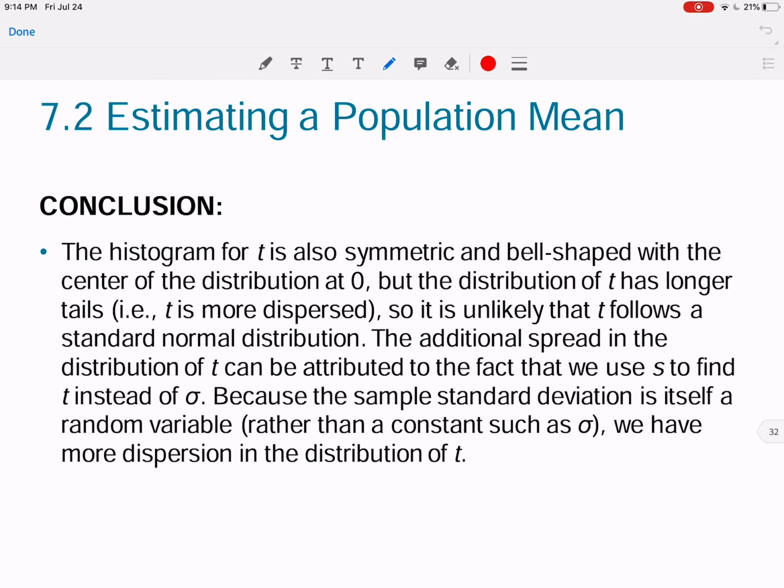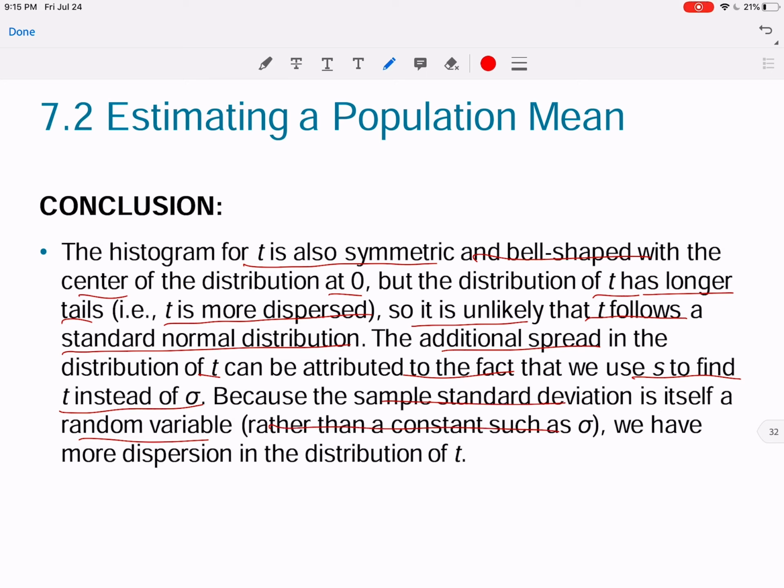Now let's take a look at the conclusion about the T. The histogram for T is also symmetric and bell-shaped with the center of the distribution at 0. But the distribution of T has longer tails, which means this is more dispersed. So it is unlikely that T follows a standard normal distribution. The additional spread in the distribution of T can be attributed to the fact that we use S to find T instead of sigma, because the sample standard deviation itself is a random variable,